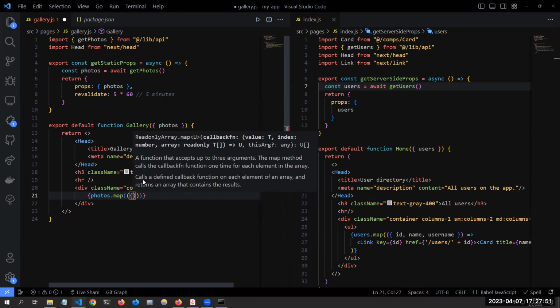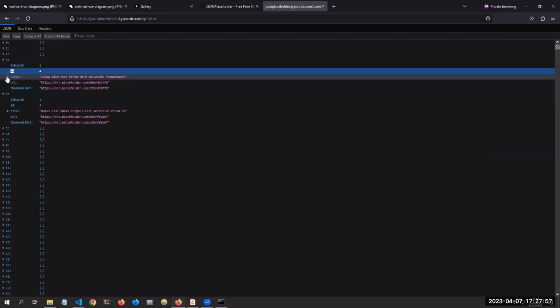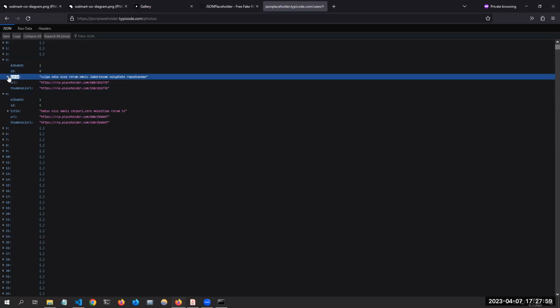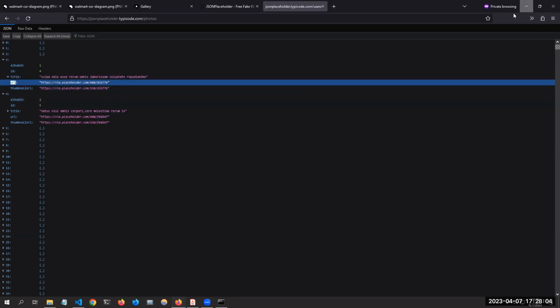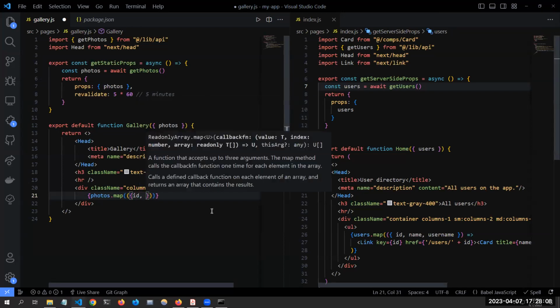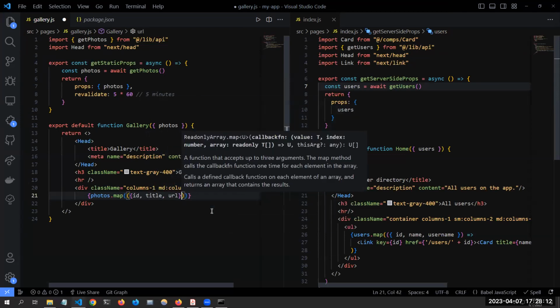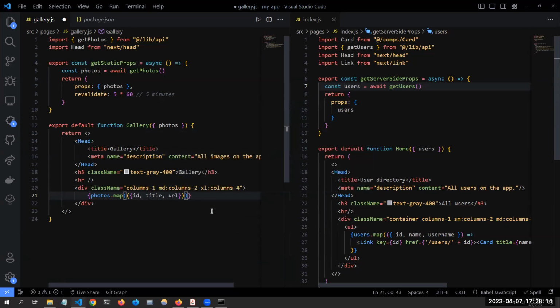And then we want to access a couple of things in here. In each photo, we have an album ID, an ID, a title. It's weird. Oh, a title and a URL. So we want to display all these. I'm going to do ID for iterating with the key, and then title, and then URL. That'll be all we need really. We're going to render out